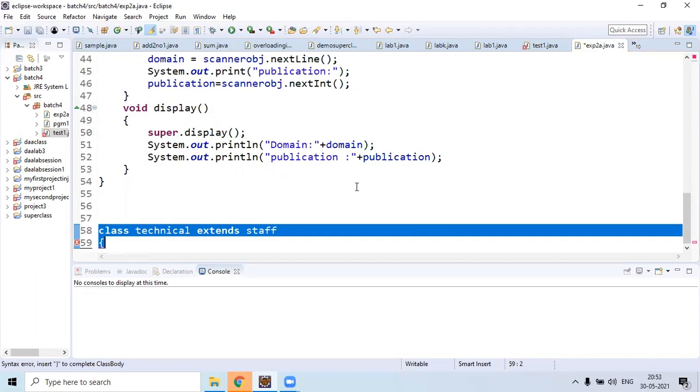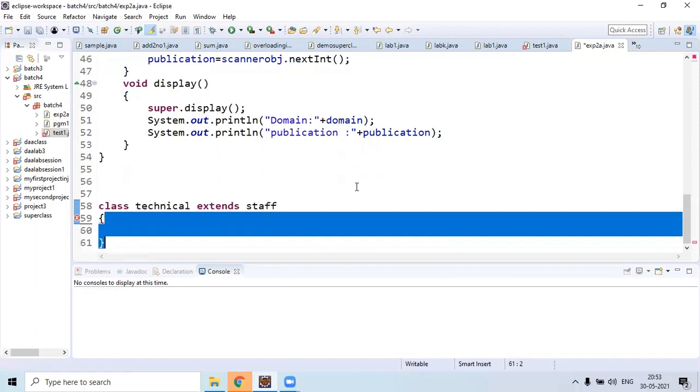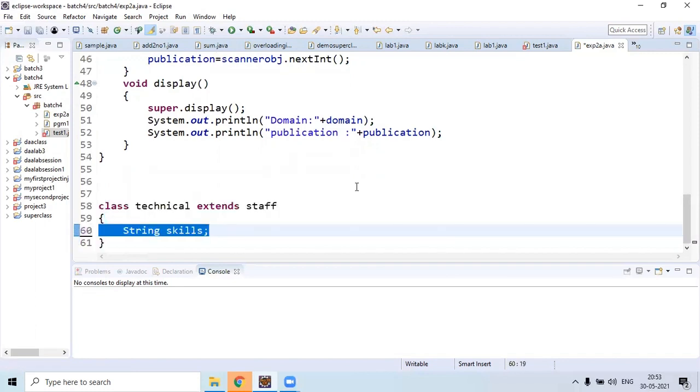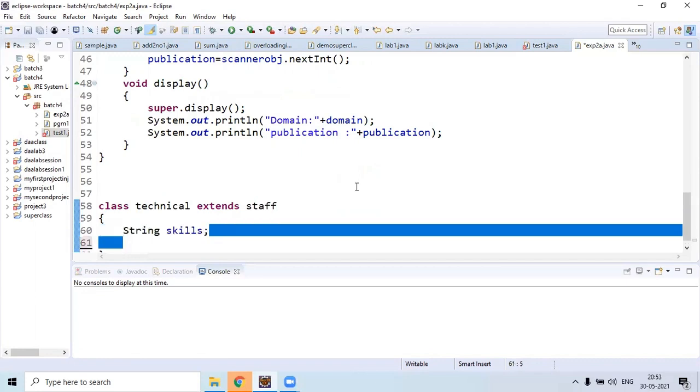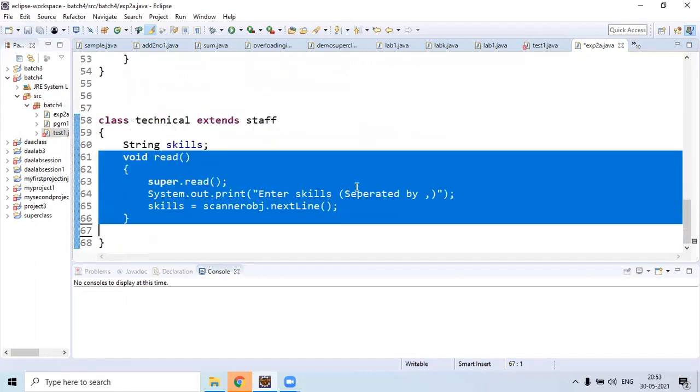To make technical a subclass of the staff class, use the statement class followed by the subclass name, followed by extends, followed by the superclass name. Here the superclass is staff. Then next, initialize the extra member related to the technical class, that is skills. Skills is a string, so initialize skills with data type string. Then